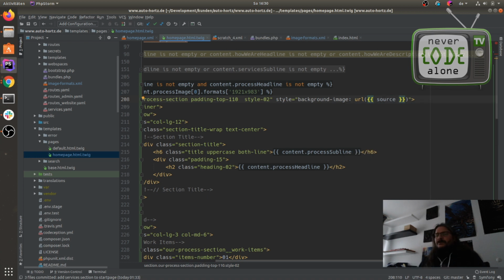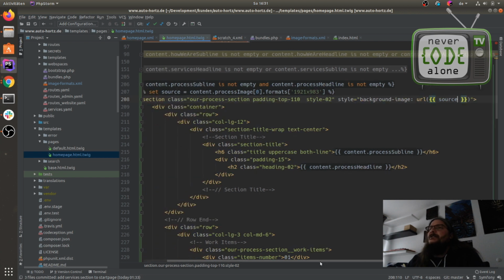So for me it's good to bring some logical parts like the readout of a format to a variable, and just use this variable in the HTML part here, because then it's easier to read for me.